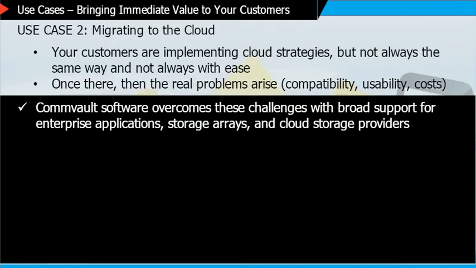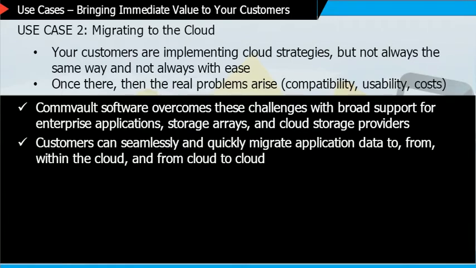Commvault software overcomes these challenges with the industry's broadest support for enterprise applications, storage arrays, and cloud storage providers. The unparalleled flexibility and native cloud integration means customers can seamlessly and quickly migrate application data, including legacy applications, to, from, within the cloud, and from cloud to cloud, all without the need for costly cloud gateways. This allows them to run workloads in the cloud and recover within the cloud, saving time and money versus pulling